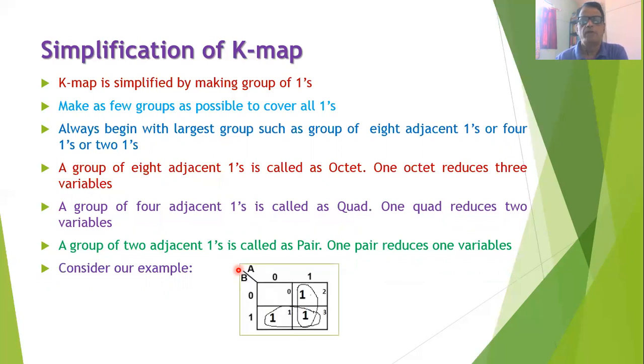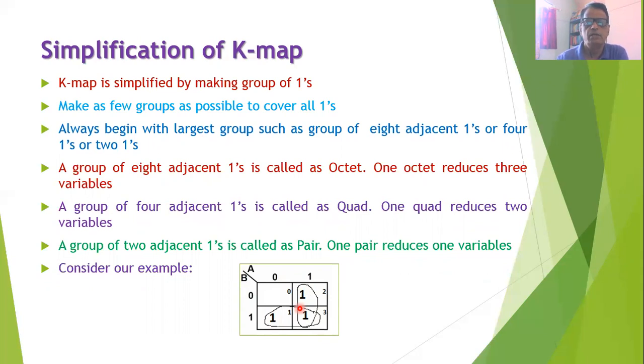Now suppose in our example we have made an entry into the Karnaugh map of 3 ones, then we will go for the groups. You will find that the largest possible group is a pair only. So we will make the first pair and this one is left. Therefore, we will make a combination of this one with the adjacent one. So it is possible that you can overlap the groups.